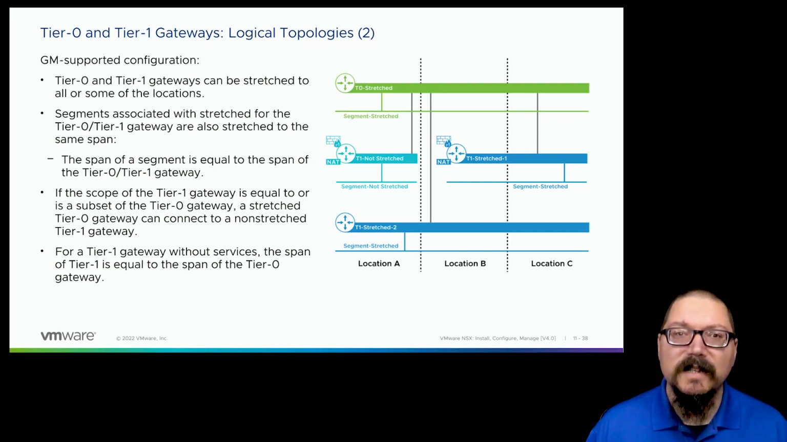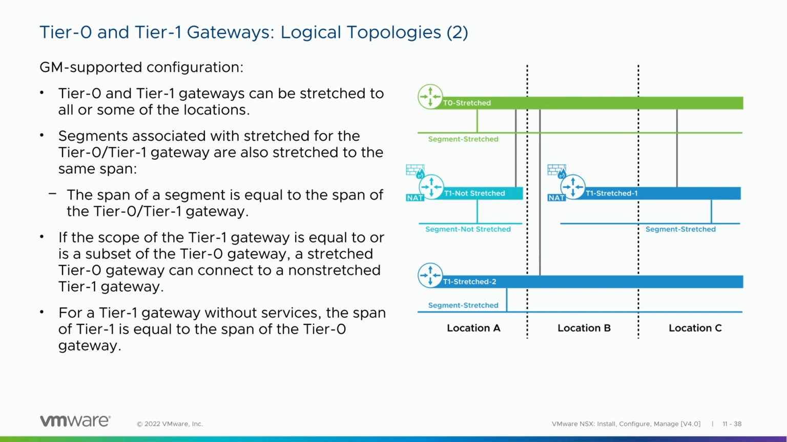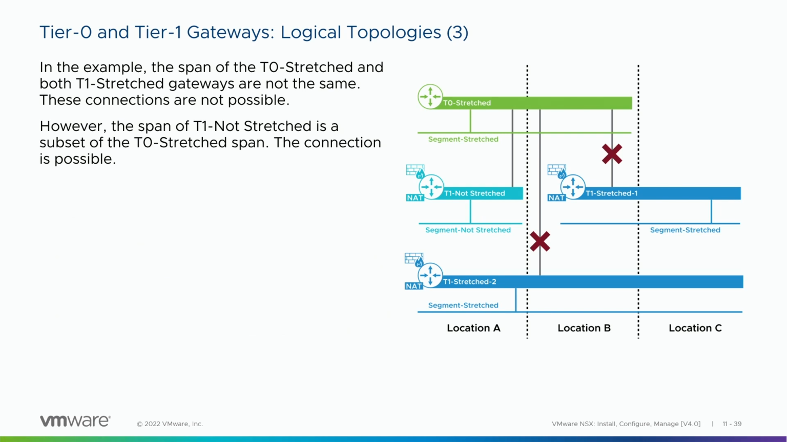In other words, the tier 0 gateway in this example meets or exceeds the span of each of the connected tier 1 gateways. So this is something I want to think about, right? My tier 0 gateway, if it's going to be a common device, should have the largest span of all of the network objects. Now, if we want to look at how not to do things, this is a case of